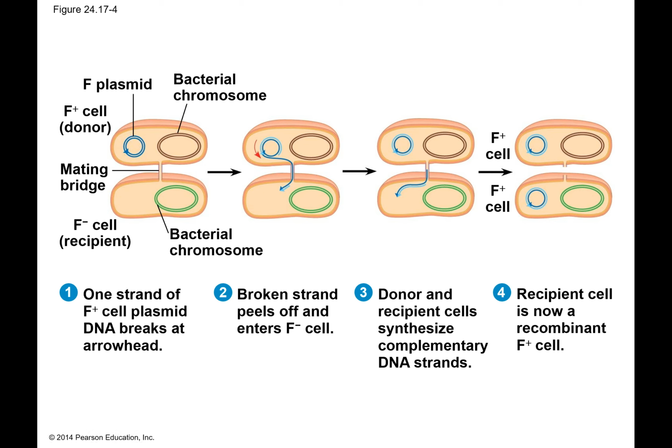So the mating bridge forms, and the one strand of the plasmid breaks and enters the F negative or the recipient cell. DNA replication will occur in both cells, and now the recipient cell has the ability to form a sex pilus. So it will pass on that trait to another bacterium now that it has the ability to express the proteins to build this mating bridge. And that's what this is all about. So now you have the original cell, and then you have your recipient cell that has both its own DNA, and now it has incorporated the plasmid, or the ability to pass on that trait of making a sex pilus